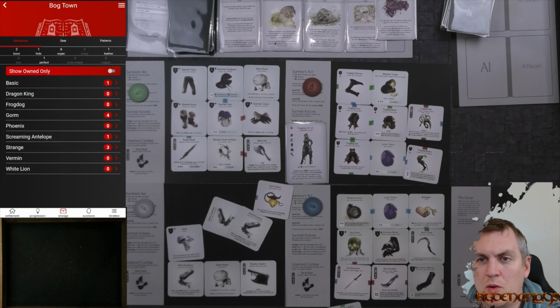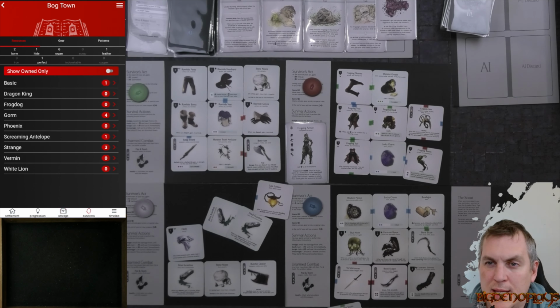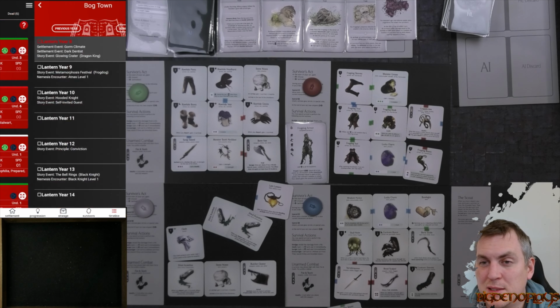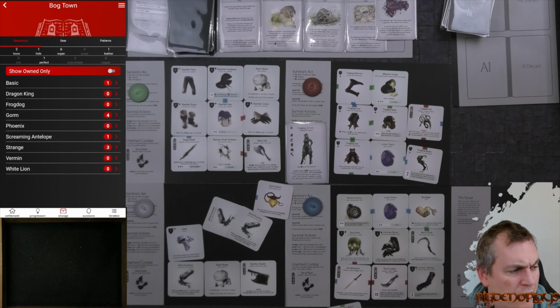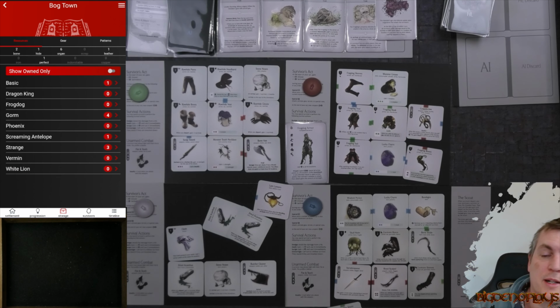I could also potentially make a mineral gathering to start getting, I think, because I've got one leather. I'll mull over it. We probably will just go for another Frogdog. Of course, go Screaming Antelope and just kick the shit out of him. No, I think it'll be a Gorm. I'll go have a think about it and be a